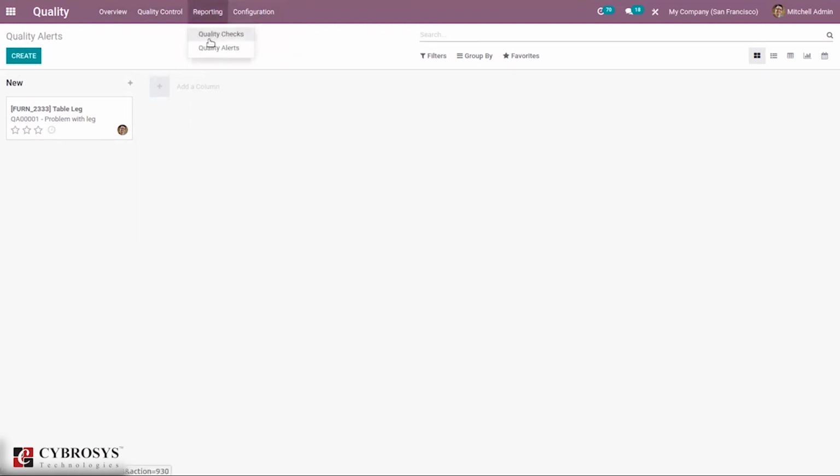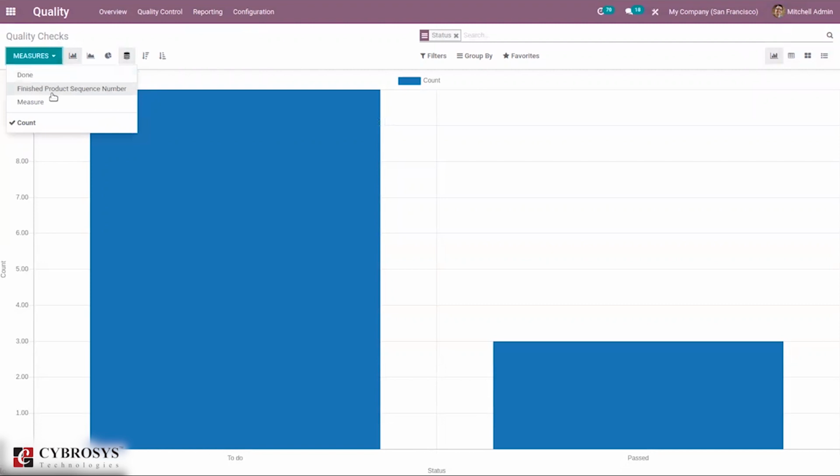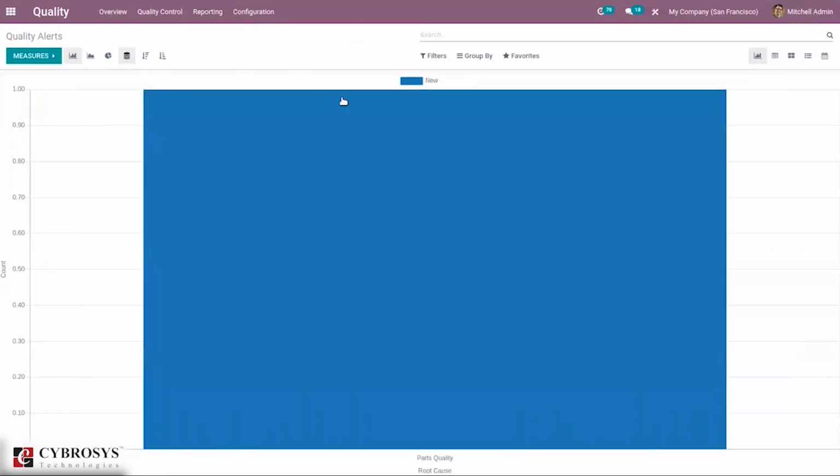Then here we can find reporting for viewing the quality checks and alerts. So we can see the quality checks with different measures like finished product sequence number, measure, done quality checks. Then we can also view the report for quality alerts.